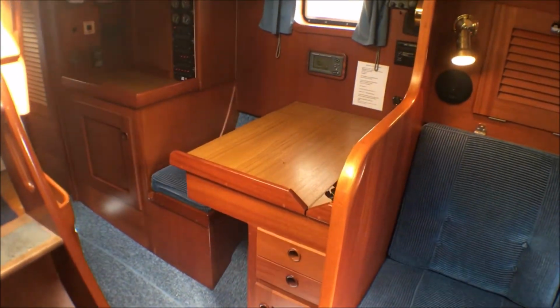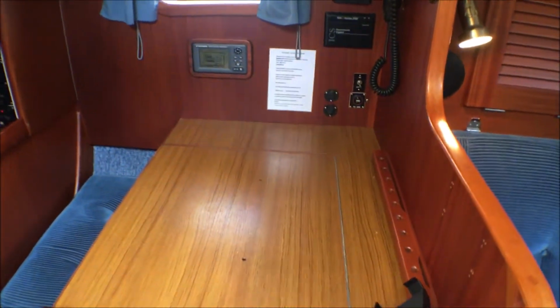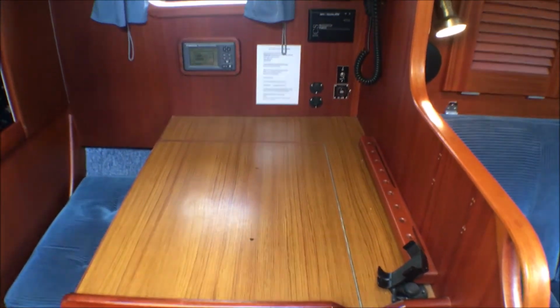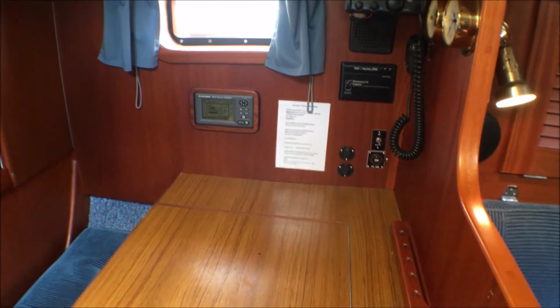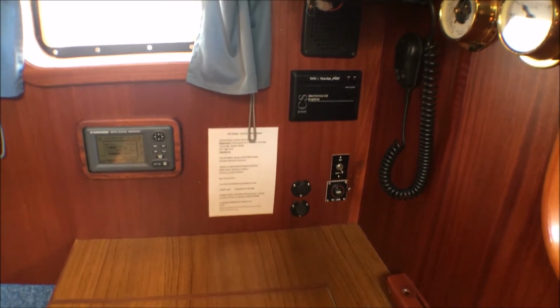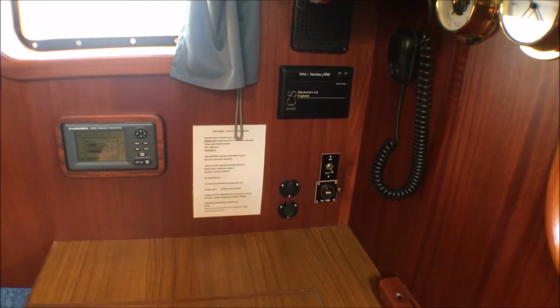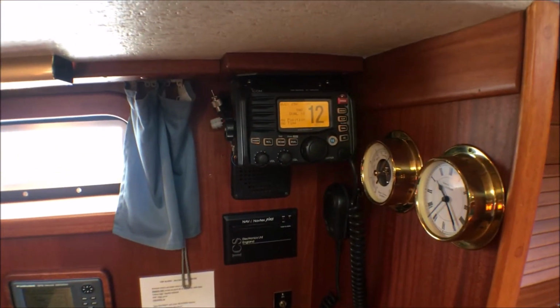By modern standards, this is a very large chart table, forward facing. The owner used a PC for his navigation, so there is no chart plotter as such. The GPS feed was taken from the Furuno in this picture on the left hand side there. And then that was used to plot waypoints, etc. There's the VHF,